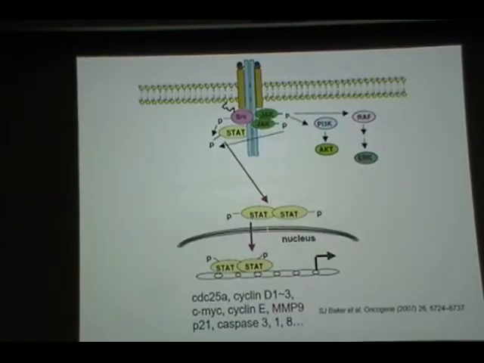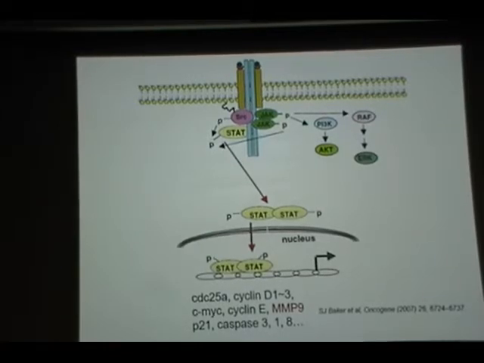This is a brief description of JAK-STAT signaling. In resting cells, STAT is inactive. It just stays in the cells, but it is not activated because it is not phosphorylated. Only phosphorylation of the STAT protein will activate it. Once the cell receptor receives the signal from, for example, IL-6, it will activate phosphorylation of JAK. JAK phosphorylation will induce phosphorylation of STAT. STATs are transcription factors. Once phosphorylated, this protein will enter the nucleus of the cells and stimulate the transcription of specific genes